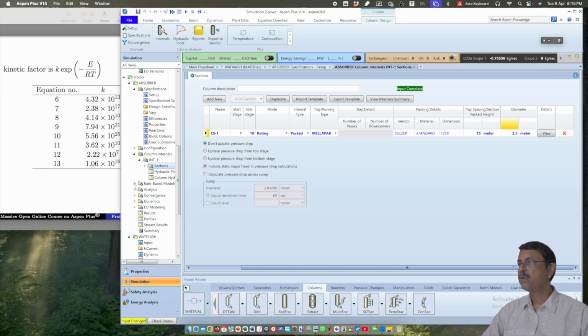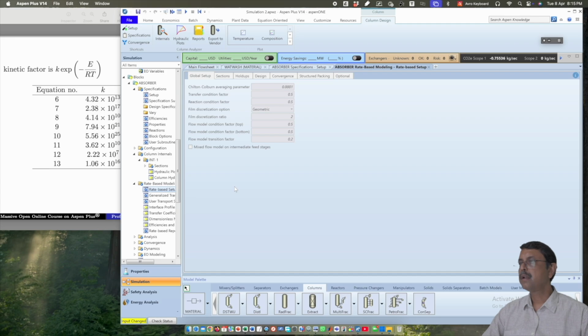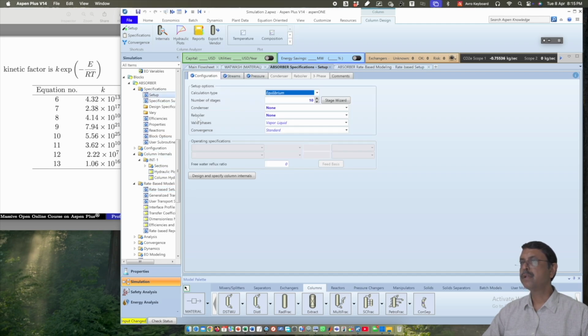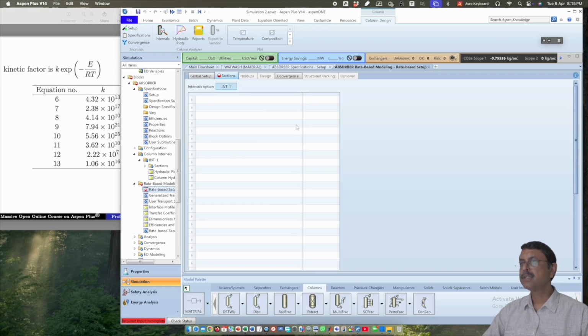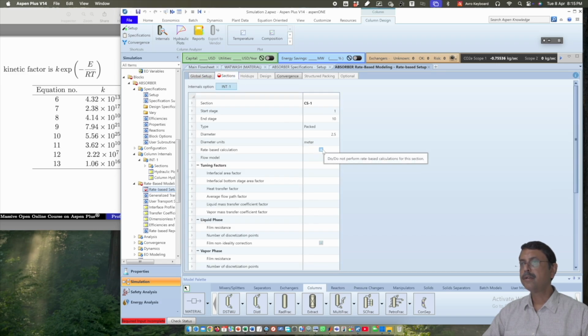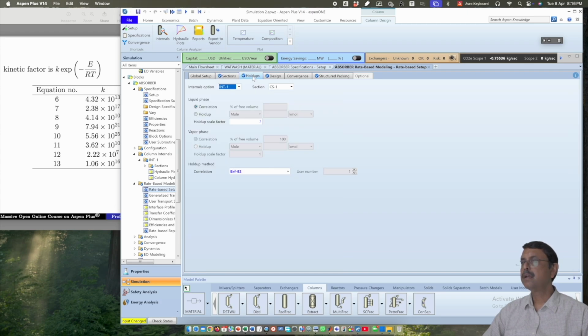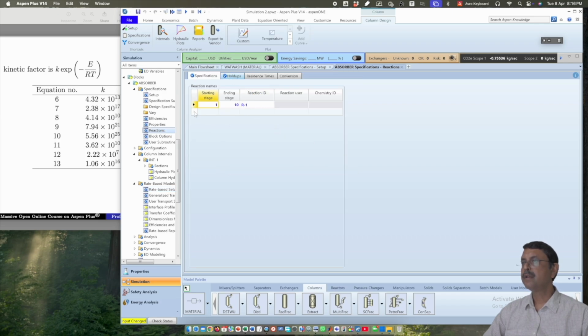And then we will go to the rate-based modeling, and there first we have to change it to the rate-based. Instead of equilibrium we have to use rate-based, and then go to the rate-based setup, go to the section and tick over here. So it will perform rate-based calculation, and in this case you find the hold up through correlation. So you can just go over here and remove the hold ups. It won't be required in this case,